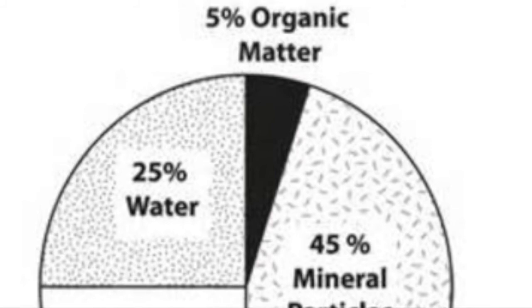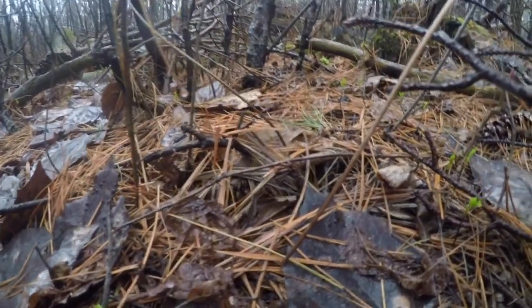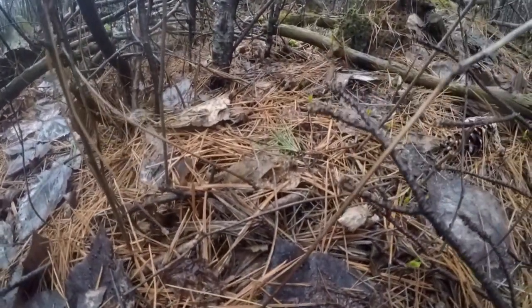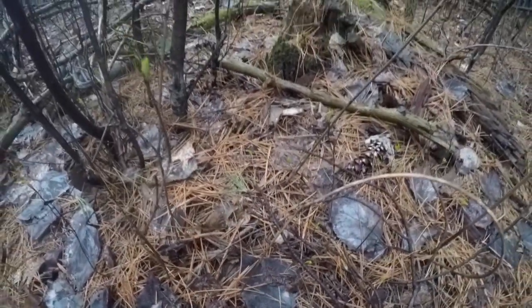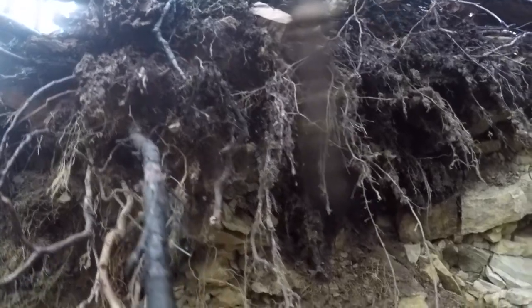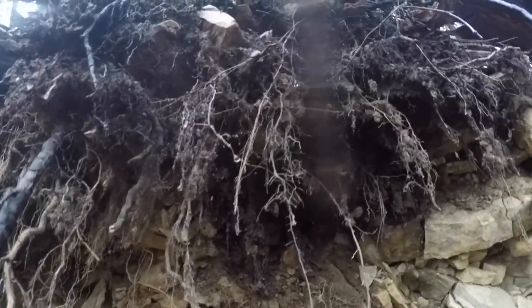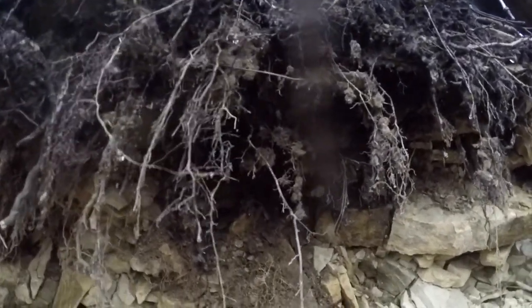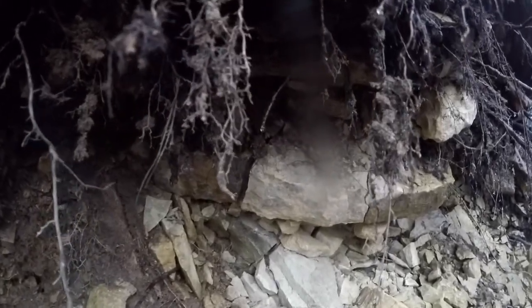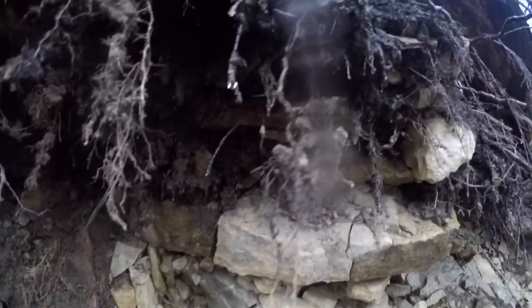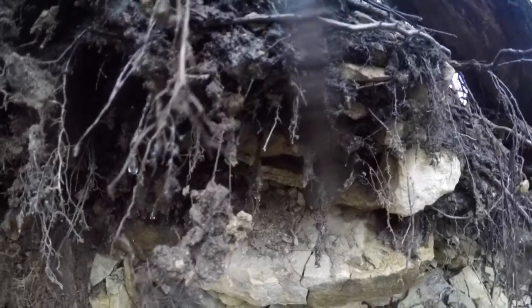Organic matter is once living material, both plant and animal, that undergoes decomposition in the soil. This includes leaves, twigs, roots, and even microscopic bacteria that thrive in the soil. Organic matter is an important source of nutrients for the plants, animals, and microorganisms that live in the soil. In addition, organic matter can improve soil structure and water infiltration.